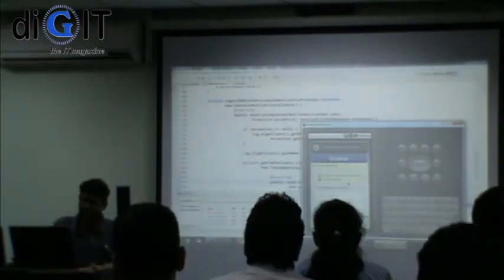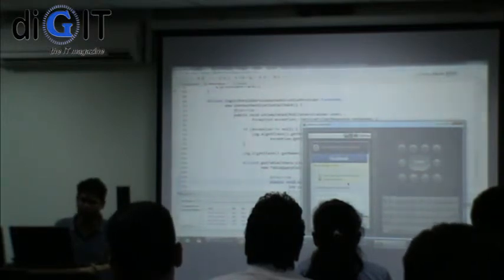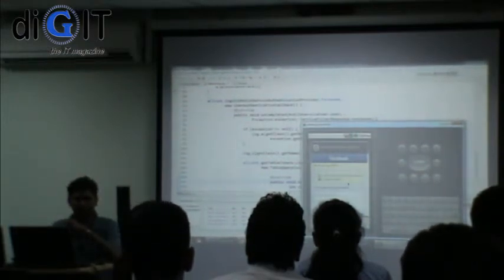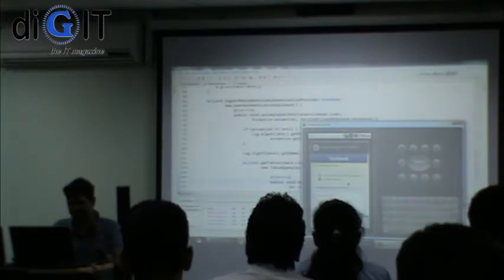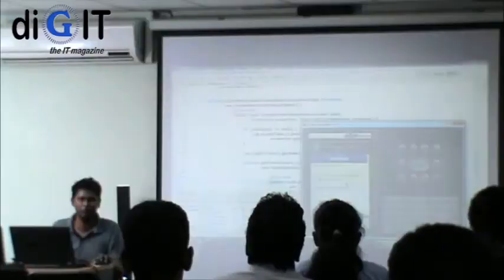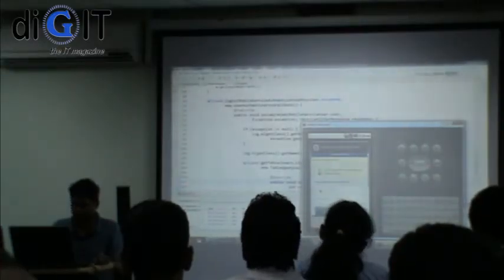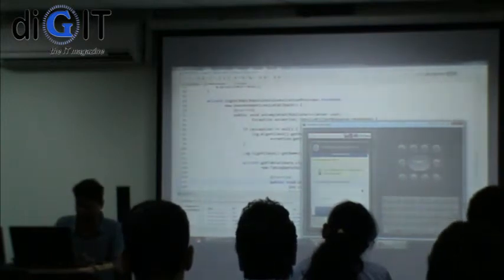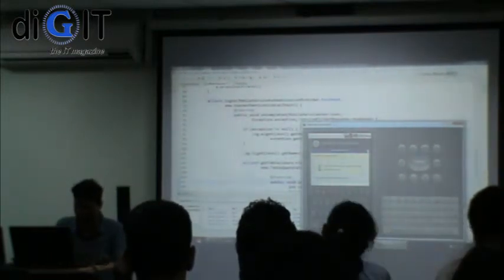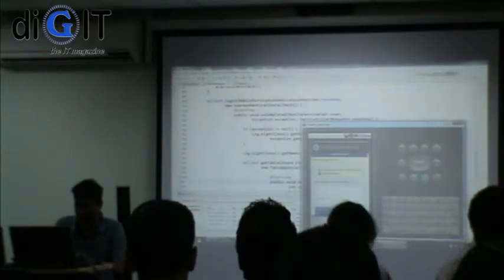What they've done is they basically embedded a web view and then they redirect you to the Facebook page. Right? So even on the phone it's a little slow. But I'm just going to authenticate to show you this is what we have at the moment. I'm sure it will improve soon. We're continuously upgrading.